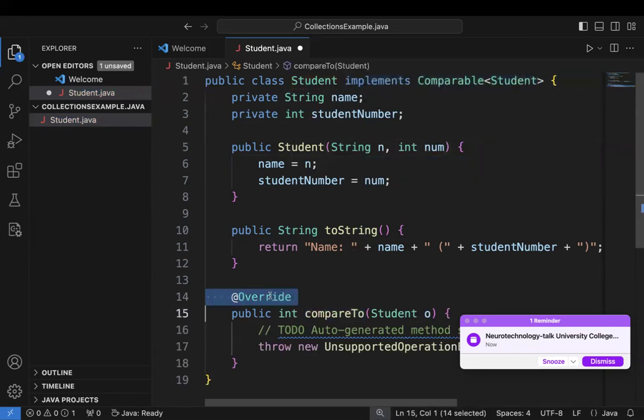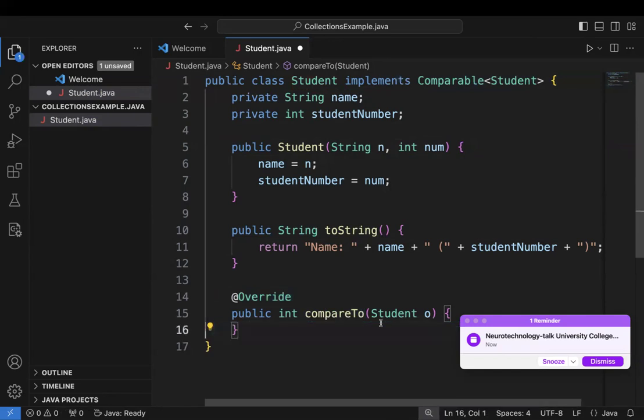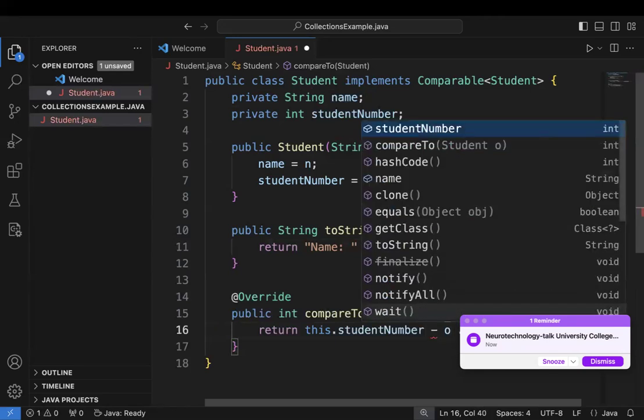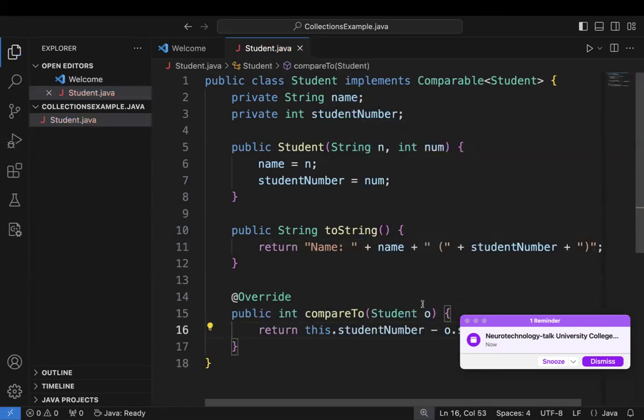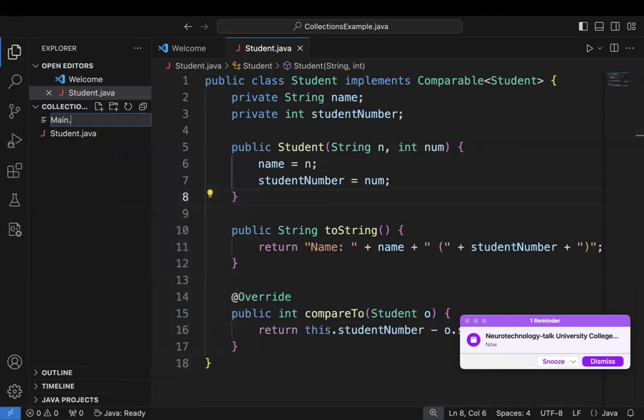Here's our compareTo. We can go ahead and figure out how we're going to do our comparisons here. And we know what we want to do. We want to compare this.studentNum to the other student number. And that's going to be good enough for us to do comparisons of students. Now, again, this is something we were already doing before, but when we go over to main now,